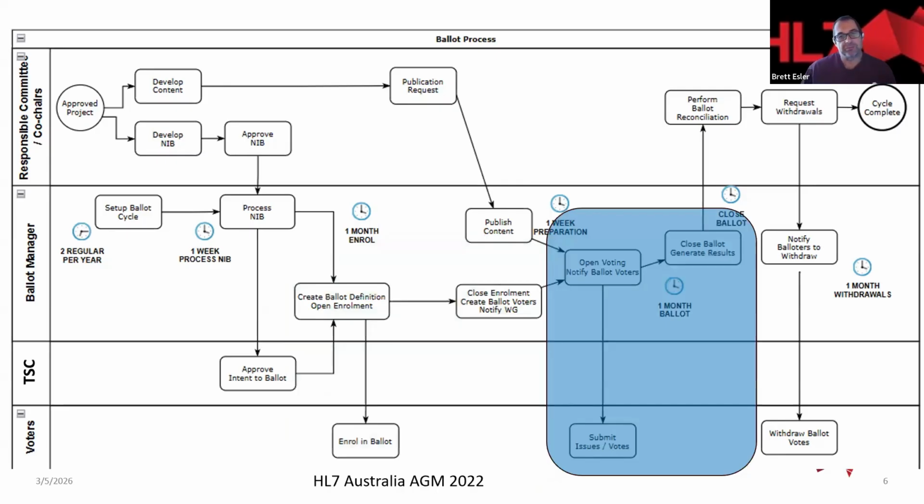Once the sign-ups are finished, there's a ballot period that's run. The voting is opened at that point in the Jira system, and issues can be raised against the specification and voted on. So basically, this is the period where votes are cast, issues are raised, and there's a period of a month there that the review process can take place. At the end of that, the ballot will be closed. No more votes will be able to be cast on issues that have been submitted,